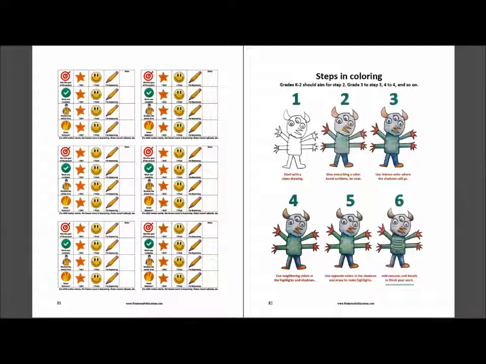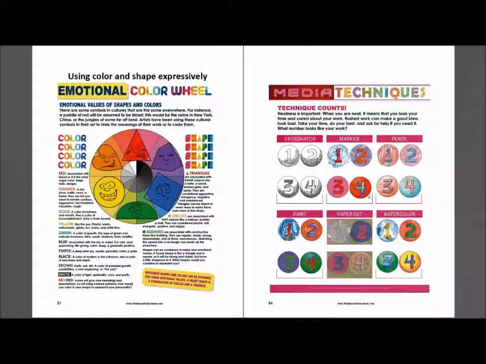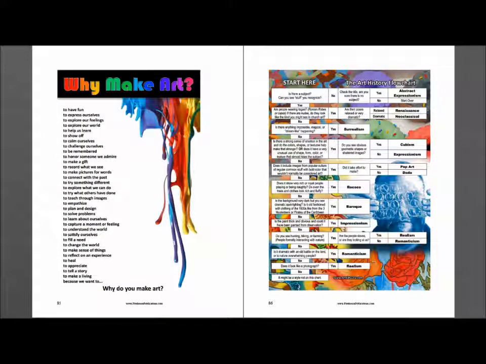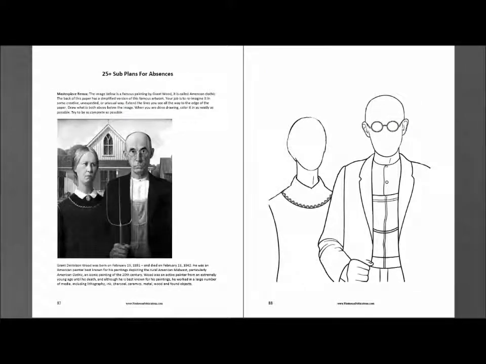And we close out the book with a lot of helpful pages showing different ways of coloring in, different steps in what you would expect from students, an emotional color wheel that helps discuss color and shape and their emotional values, kind of expectations we have for media use, why it is that we make art, and even a flow chart to help students identify major schools of art. And then the book concludes with